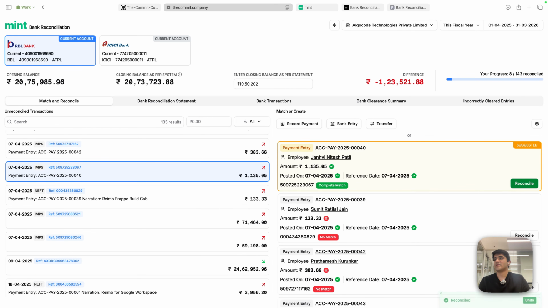So if I hit reconcile, it's matched. And you'll see a toast over here, reconciled. There's also an undo button, and we'll get to that in a bit. But essentially, that's just how you reconcile. So it sort of looks like this. So you hit reconcile,